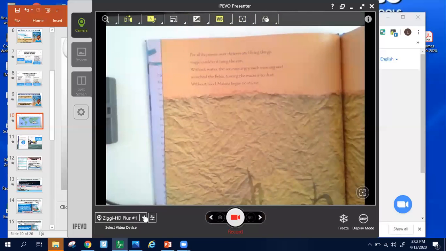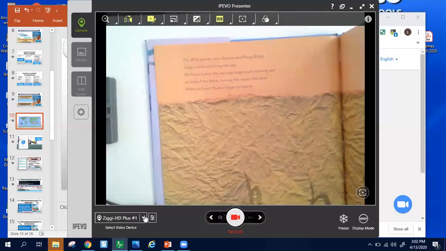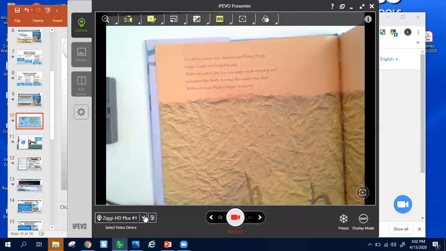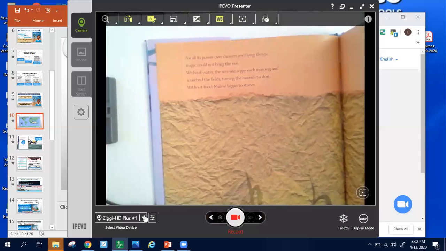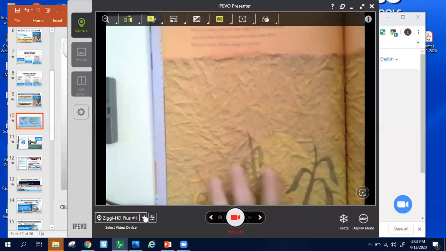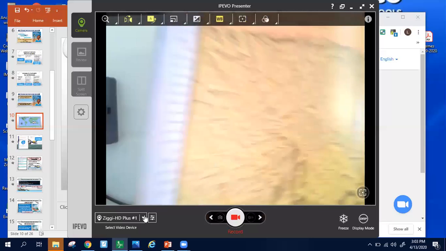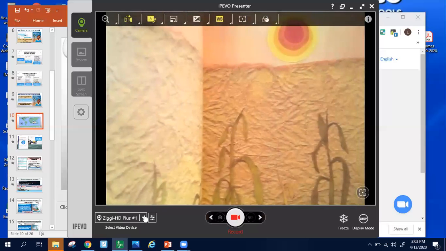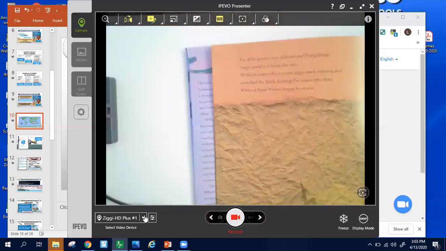Well, the sun isn't angry, but it sure can beat down hot and very relentlessly, definitely coming at you. Scorch the fields. Scorch is another word for to burn. So the hotness of the sun makes those poor plants have no water, very dry,